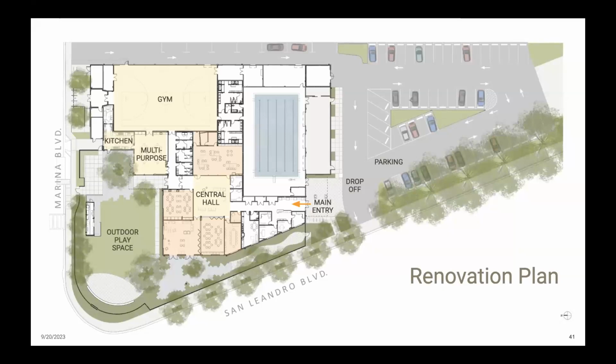And while the central hall is smaller than the game room used to be, the space that came out of it went into making the program rooms more generous. The rooms also have more glazing than they did before, and there are bifolding dividers between rooms, so they're much more visible and connected than before. And lastly, in both this plan and the pre-renovation plan, there's a swimming pool on the right side, which is operated by the city of San Leandro and was not part of our renovation.